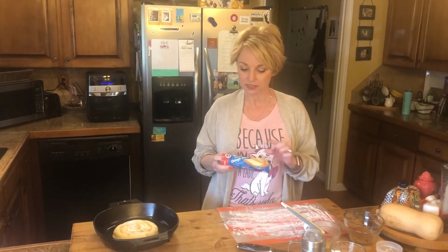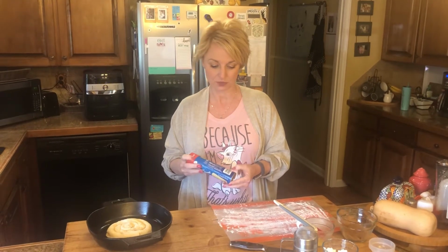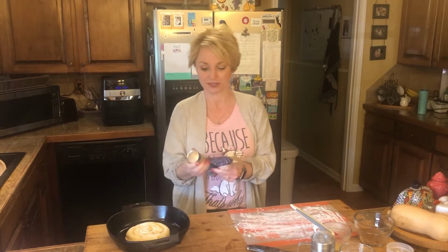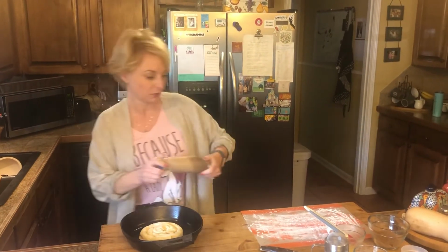So what you want to get is the crescent roll sheets. Now you can make it with the regular crescent rolls and you just have to seam them together. You could use our baker's roller for that. But if you can find the sheets, that is one less step. So the crescent roll sheets, you're going to just take that, and if you're smart enough to open them, which apparently I'm having a hard time, just pull the paper off, pop it open, and we're gonna lay those out